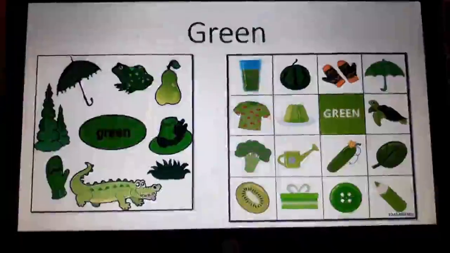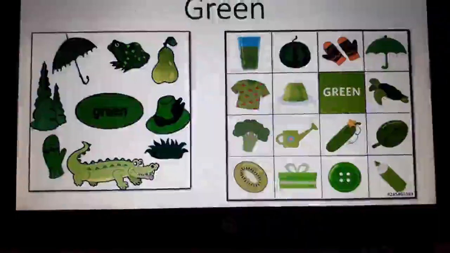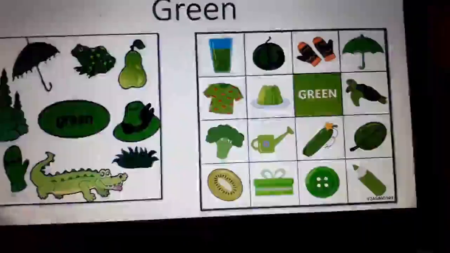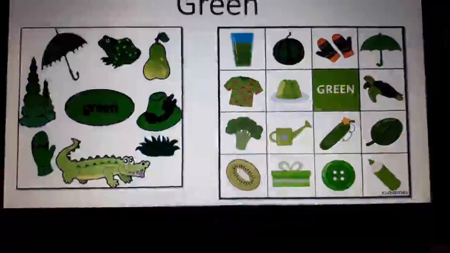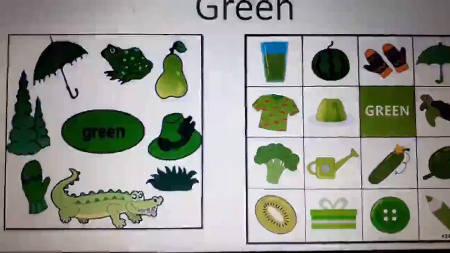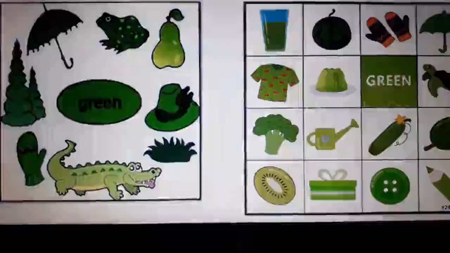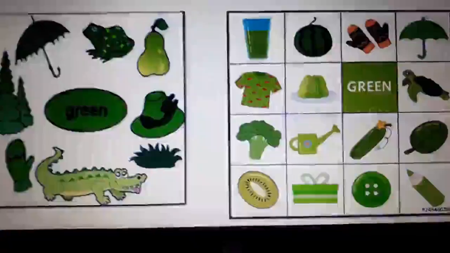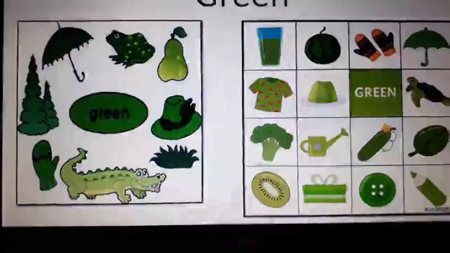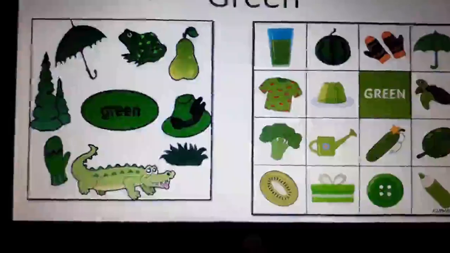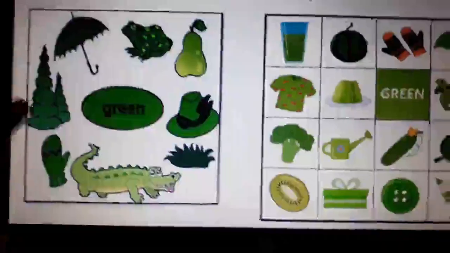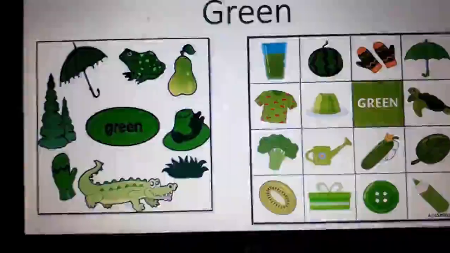Next we have green. So in green we have so many vegetables, isn't it? Broccoli, ladyfinger, spinach. There are so many leafy green vegetables. Fruits like watermelon, green in color. Kiwi is green in color. Then we have pear is green in color. Sometimes guava is also green in color. Then cucumber. So many things we have. Trees. The leaf of trees green in color. I told you frogs. They are also green in color.